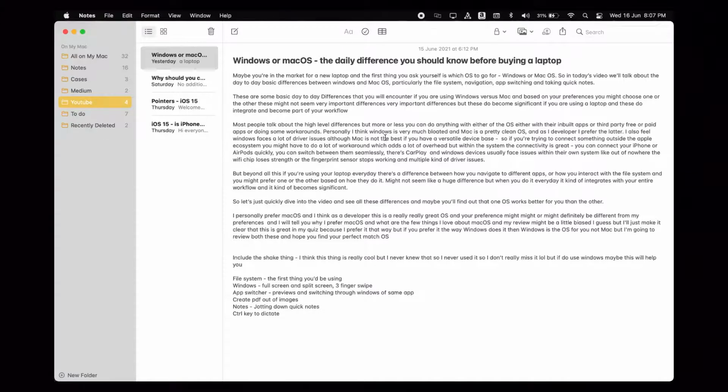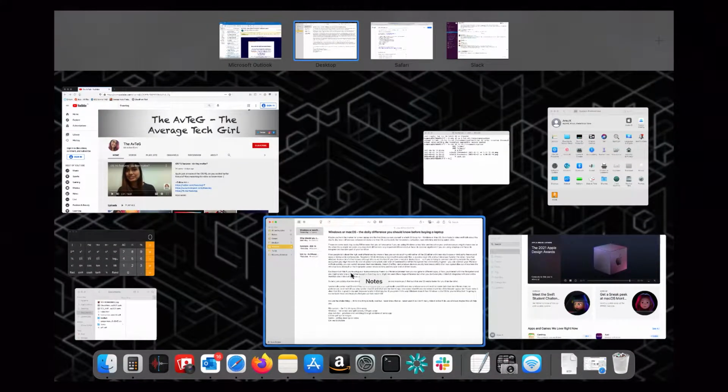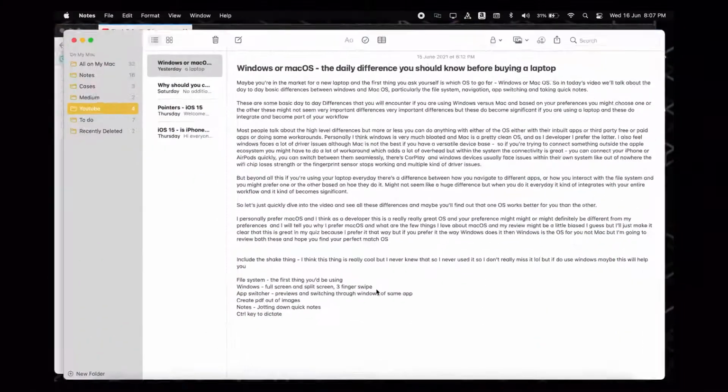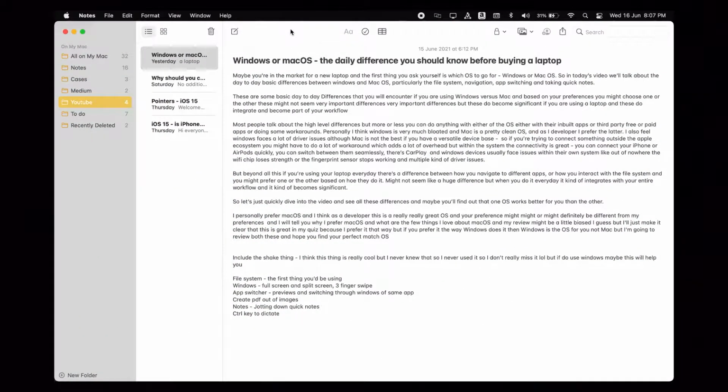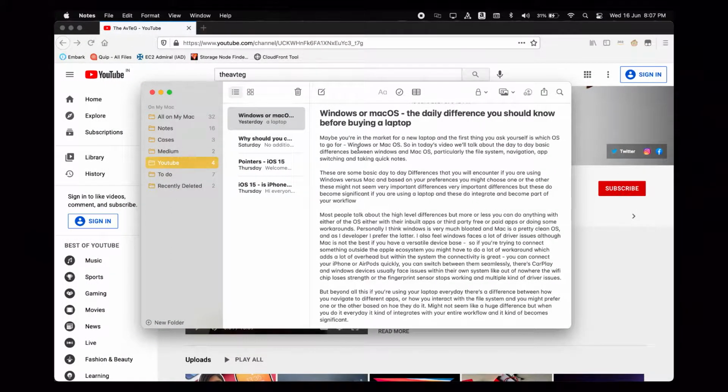But on Mac, the Notes app is really convenient. So if you have to just jot down something very quickly, you open the Notes app and you just create a new note. You don't have to worry about naming it, placing it, doing anything with it. Just write down everything quickly. And you can also create multiple folders for your quick notes or your YouTube notes or whatever kind of notes you need. And I think it's really convenient to have something like that.